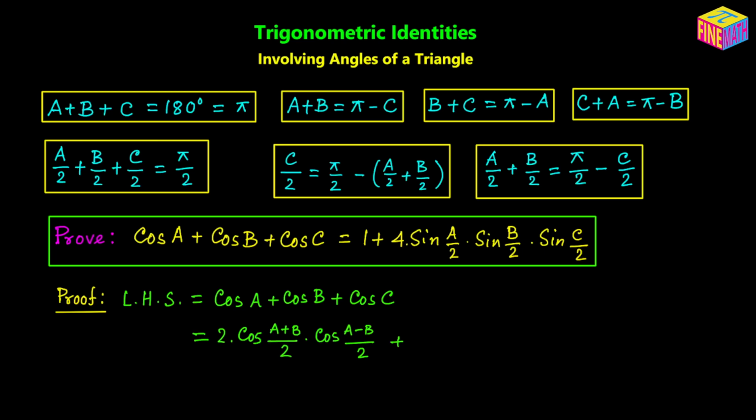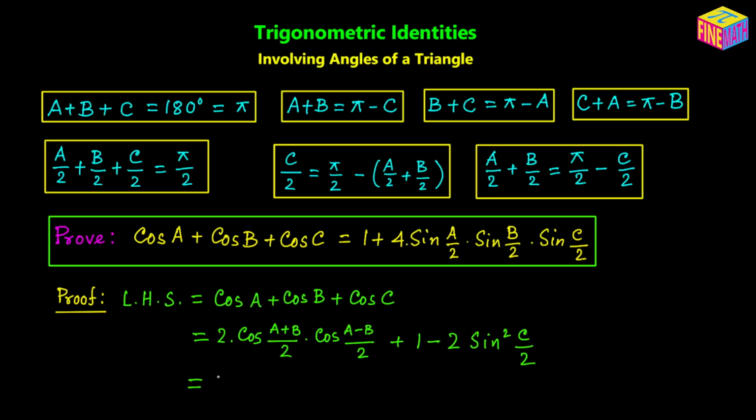we know that cosine of theta is equal to 2 times cosine squared of theta over 2 minus 1, and also this can be written as 1 minus 2 times sine squared of theta over 2. That's from the half angle formula. So we are going to use this particular concept here, that cosine of theta can be written as 1 minus 2 times sine squared of theta over 2. So this cosine of C can be written as 1 minus 2 times sine squared of C over 2, and